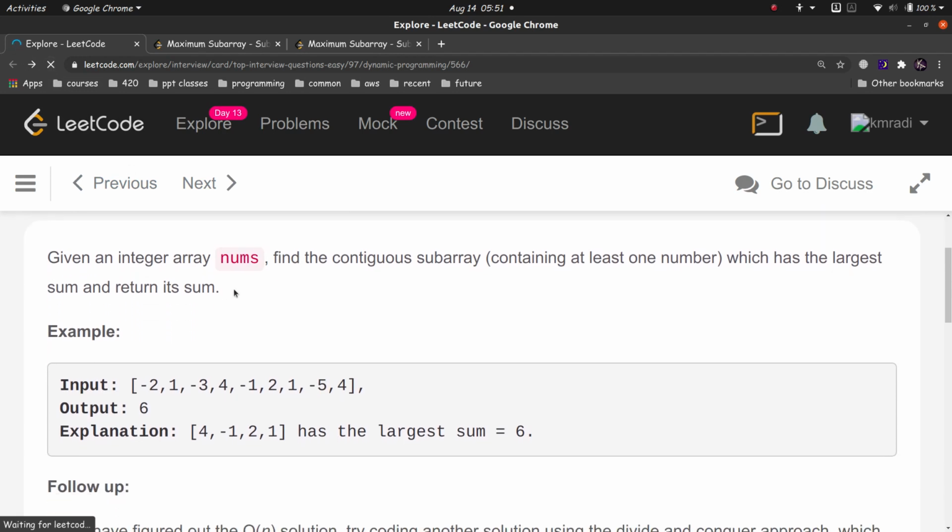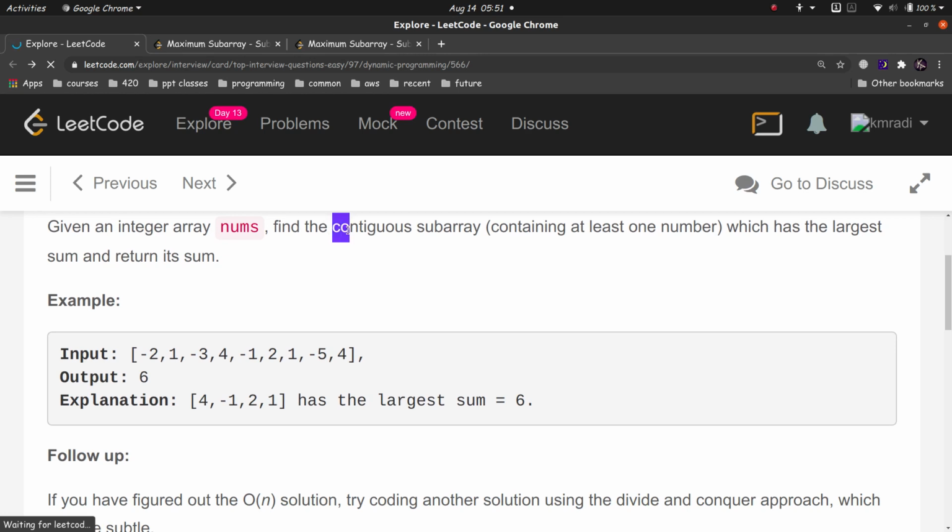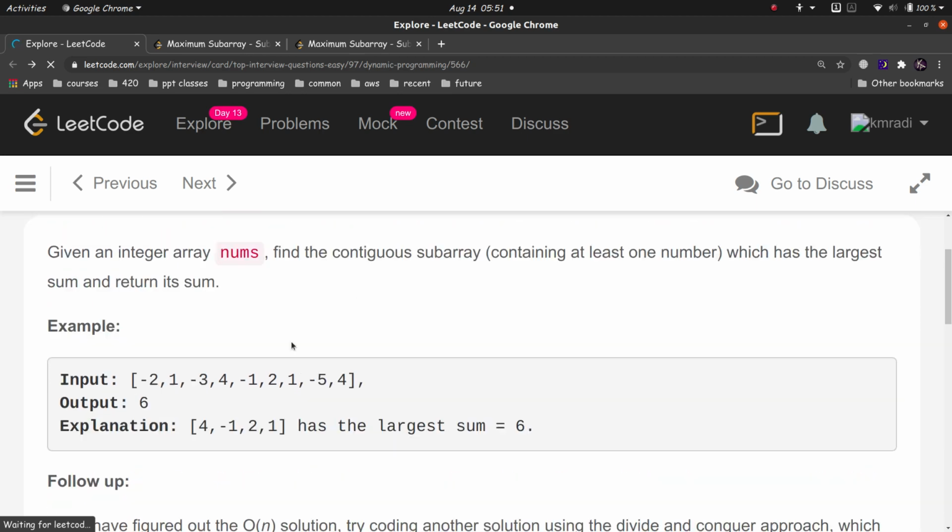So what the problem says here, the important term here is contiguous subarray, and we need to find the contiguous subarray with the maximum sum. Okay, that's all that's in the question, and we need to find it in big O of n, and we can find it in big O of n, not a difficult thing to do, but just because the solution is big O of n doesn't mean that it will have a less running time. Okay, so let's see how it works.